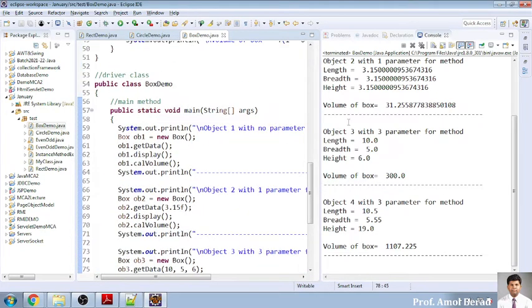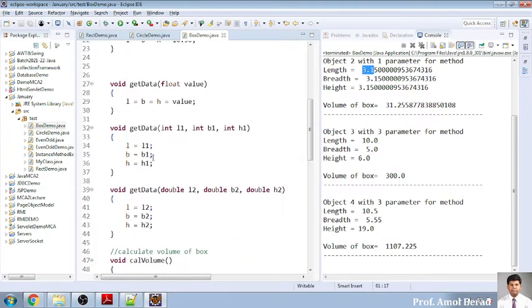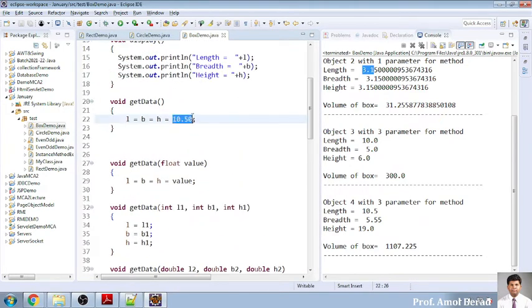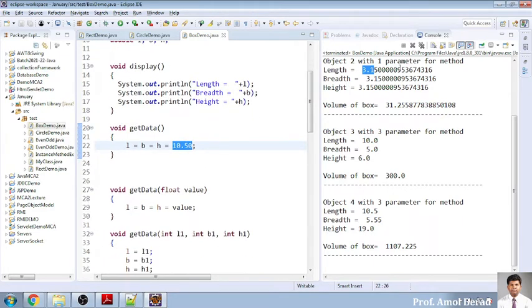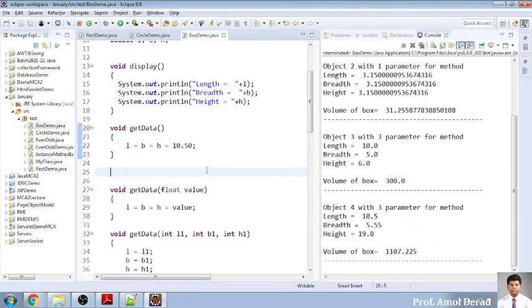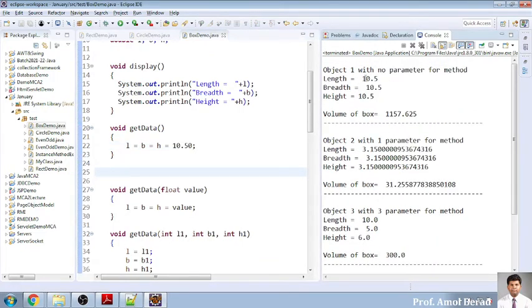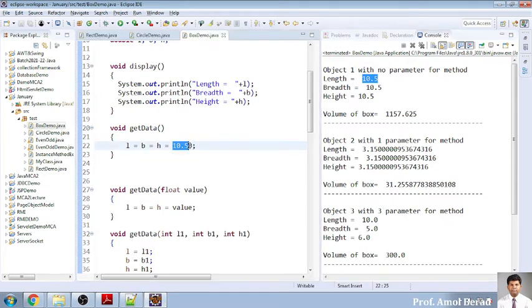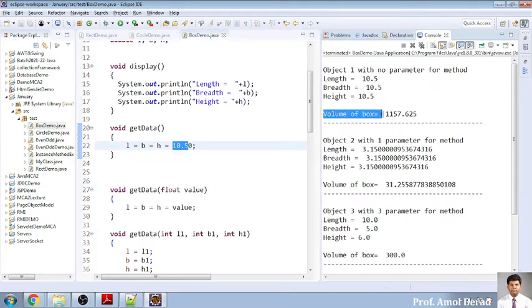So the first one is by default. Length, breadth and height by default are 10.5, and it is calculating the volume of the box.